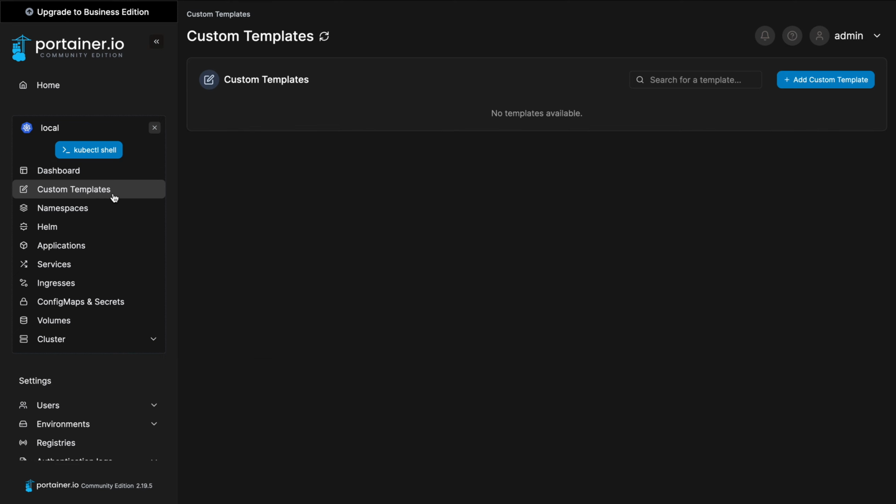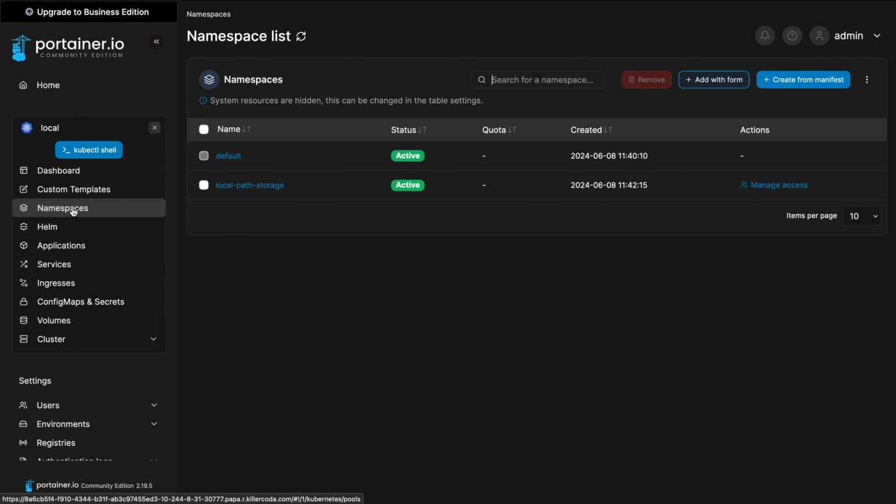After that, we have custom template. In custom template, we can manually add our templates, which can constitute anything like deployment, service, ingress, HPA, etc. And in the namespaces, currently we can see only default and local path storage. Although we have a total of six namespaces, it has hidden four namespaces, which are meant to be hidden,